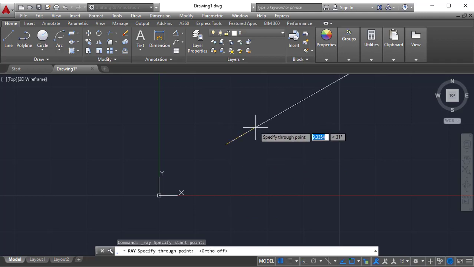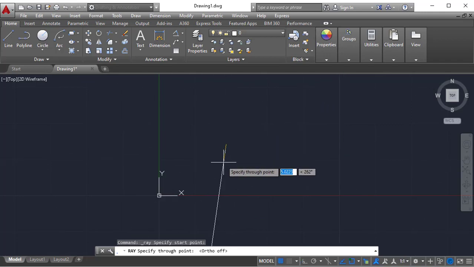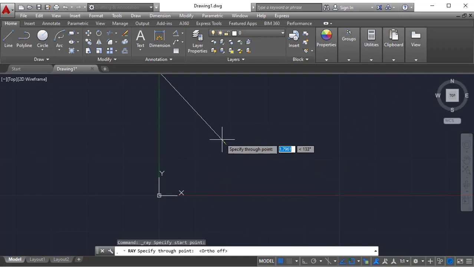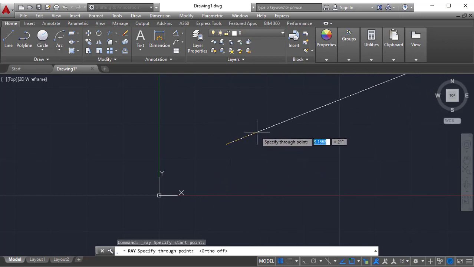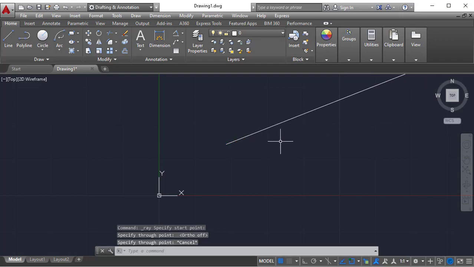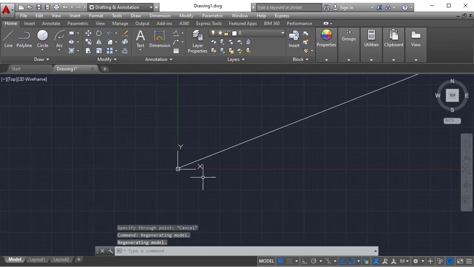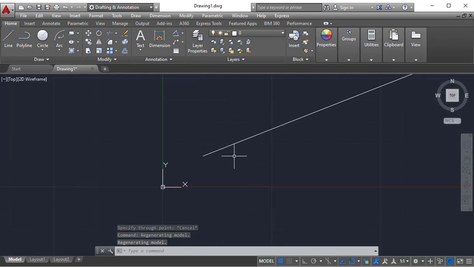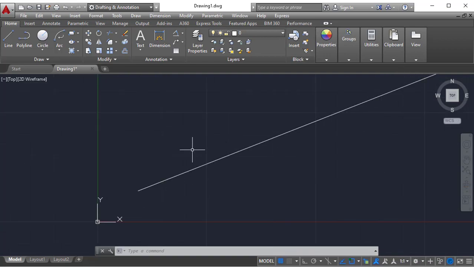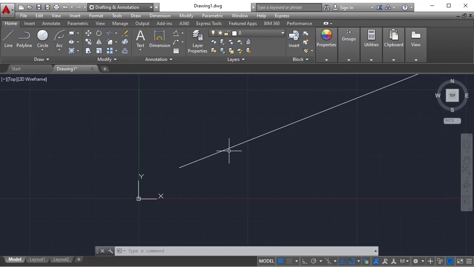If I switch on ortho, you can observe one line is passing through the point, but we can't see the end point. No matter how much you zoom out, you can't see the end point. That is a ray. It has one start point and no end point. All we need to do is specify a through point anywhere.